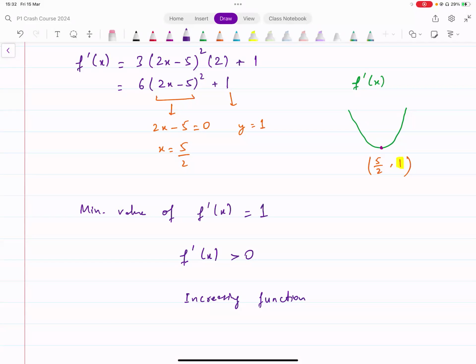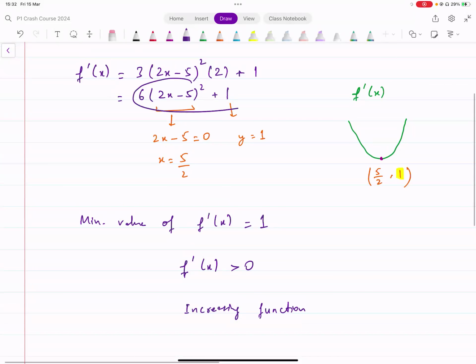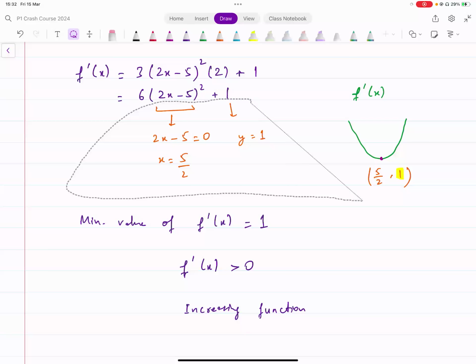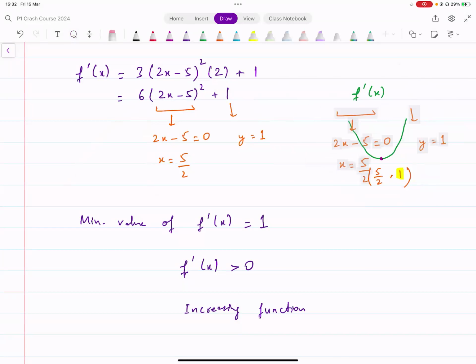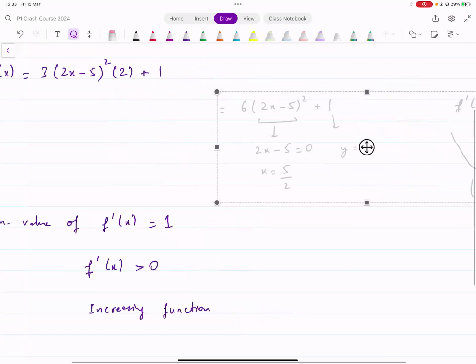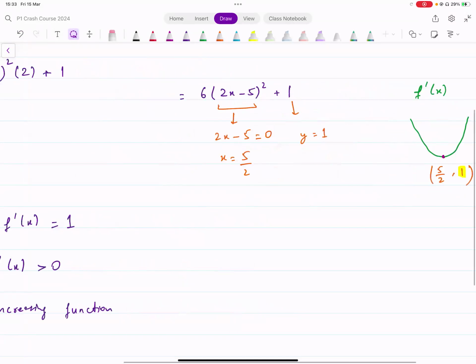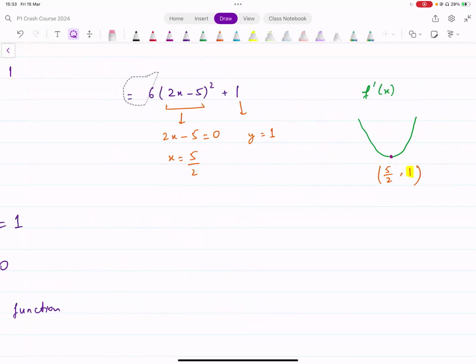Is that okay? Is this all right? So we find the turning point of this function. This is one way to think about this. You could also do it directly like this, as in showing all of this working was not necessary. A direct way of thinking about this could be, let me just take the whole thing to the side. What we've done here could be one way of thinking about this whole process. Another possibility could be